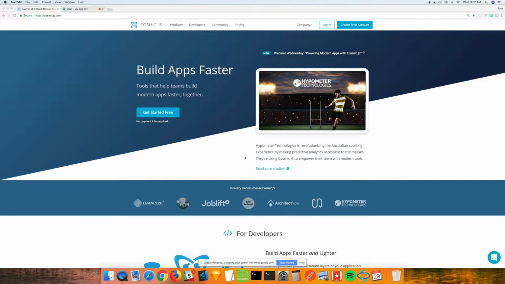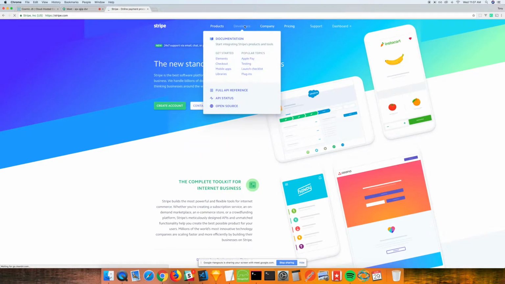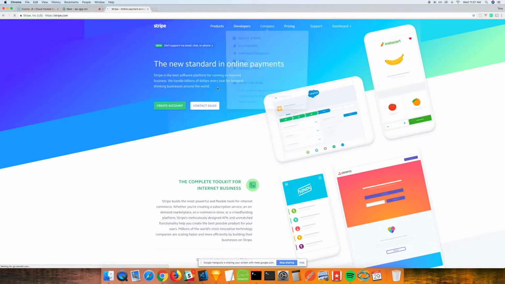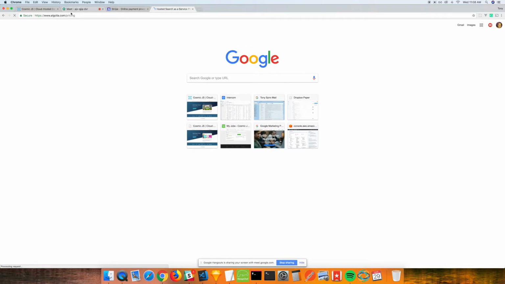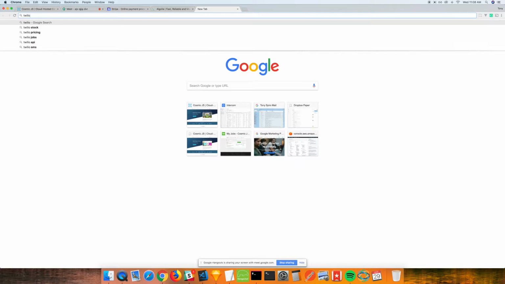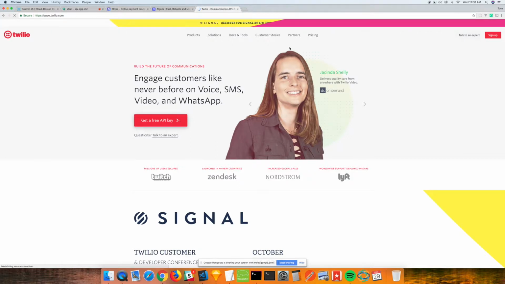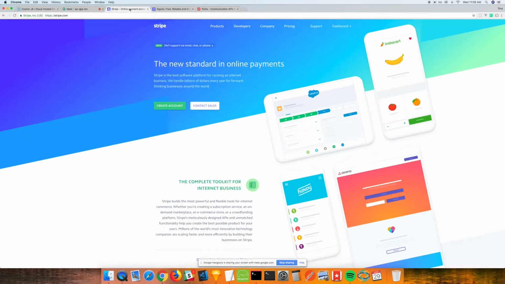So I want to go over a little bit about the API service industry. If you go to stripe.com, this is obviously one of the inspirations behind what Cosmic JS offers as far as easy development tools, great dashboard. We really like Algolia. These are the tools where we see ourselves as being on the forefront of application development, being one of the tools in your toolbox to really build applications faster, scale easily,